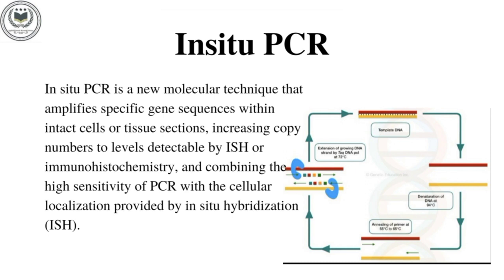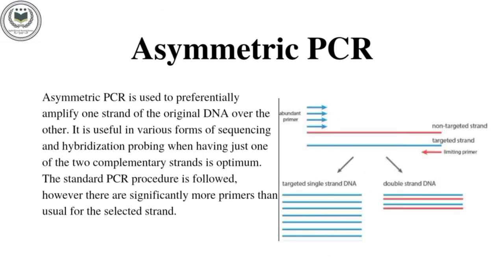Procedure of in situ PCR. Step 1. Fix the tissue. Step 2. The sample is processed for proteolytic digestion. Step 3. Prepare the master mix for in situ PCR. Hence, PCR is usually applied to quantify the DNA present in the sample.